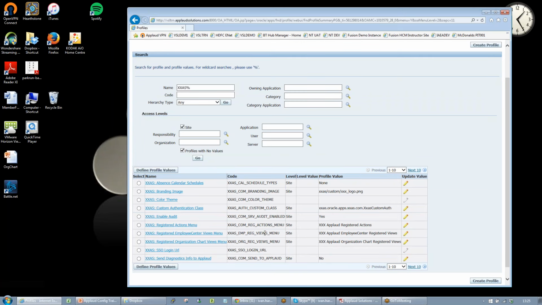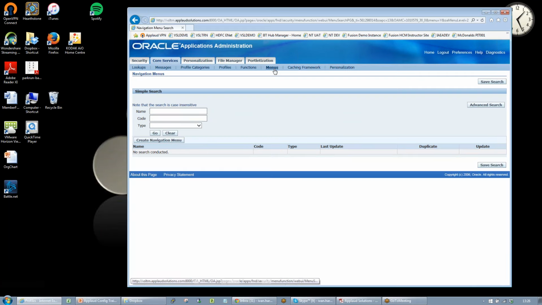So you'll be very acquainted with this menu by the time we finish this training course. This is the most important menu that we have in our solution. Here's the profile option, and here is the name of the menu that we will be using to run EmployeeCenter. So basically this is the master menu containing submenus, each submenu being a page on the screen. Now you see here we've got a prefix of XXX. We'll talk about why we have that later, but if I just copy that now, that's the name of the menu. I'll go to the menu screen,